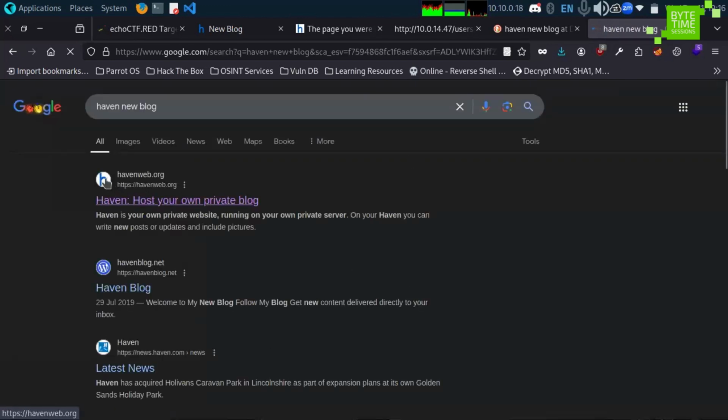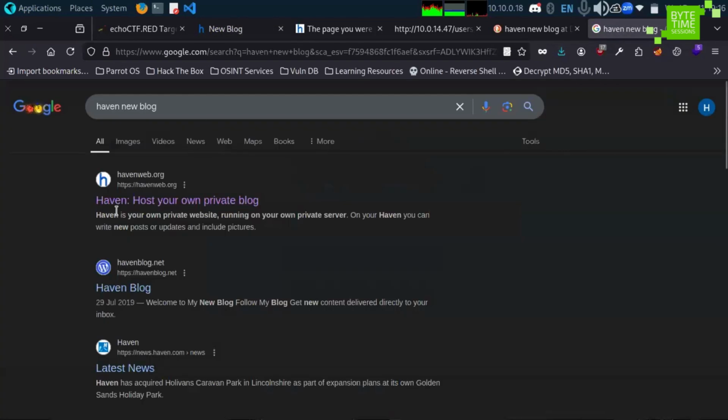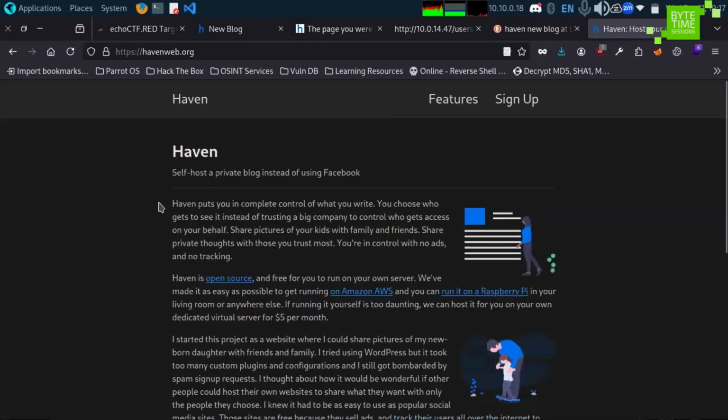Okay. Seeing this image, I realized it looks the same as our blog over here. So let's navigate to this havingweb.org. Okay. We're looking through their about or documentation. Okay, about it. It said Haven is open source, and they provided a link for that, and a free